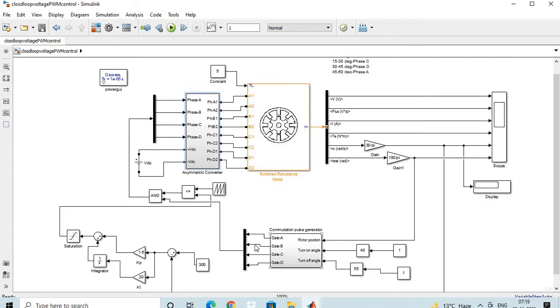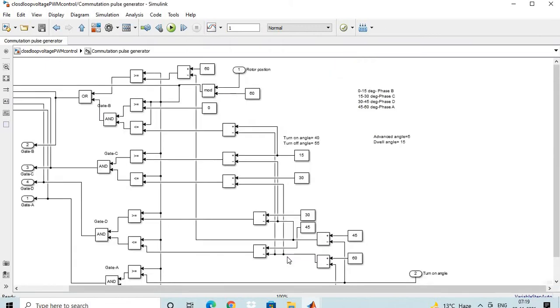And for controlling the pulse, here we have designed the commutation pulse generator, which provides the pulses given to gate A, gate B, gate C, gate D. That means phase A, phase B, phase C, and phase D are controlled with the help of the commutation pulse generator. And in this case, for this 4-phase motor, we are using a step angle of 15 degrees,